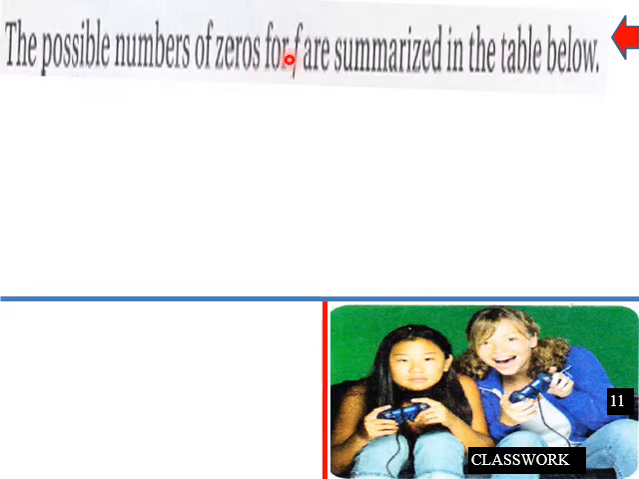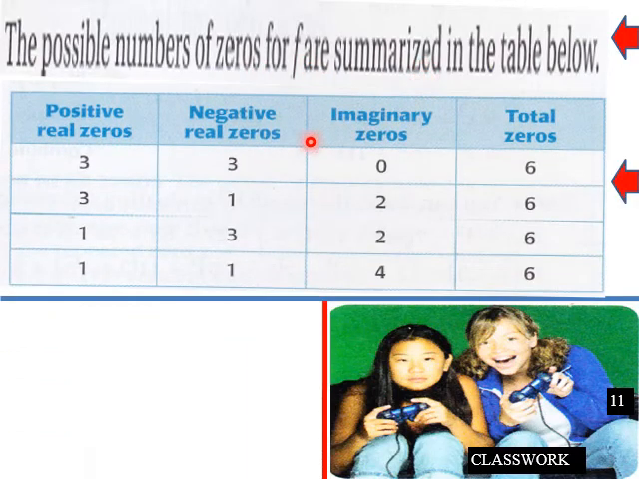So the possible numbers of zeros of f are summarized in the table below. Positive reals, negative reals, imaginaries, we don't have any. So we have a total of 6 here, or we have 3 and 3, or 1 and 1 and then 2 more. So either way, we have 6 zeros in each one of these makeups of the possibility of zeros using Descartes'